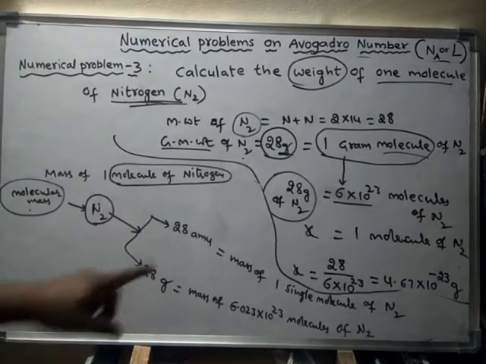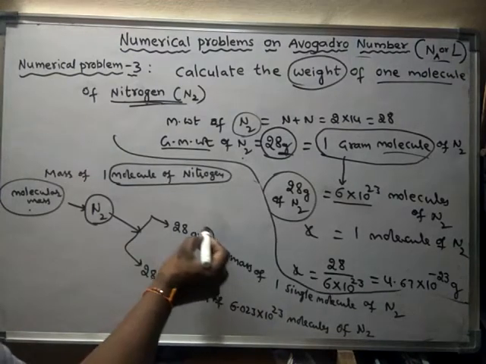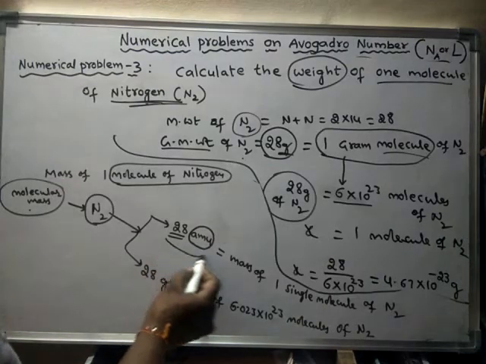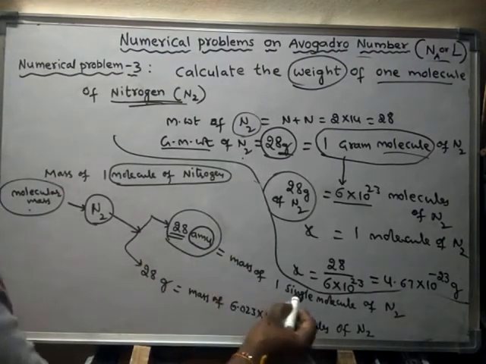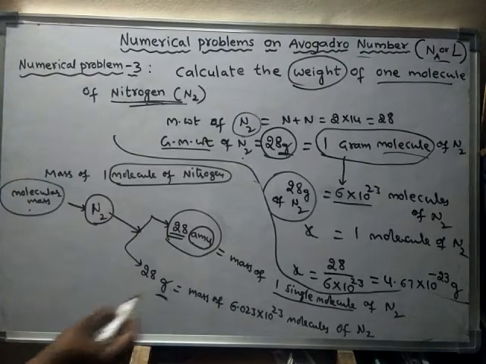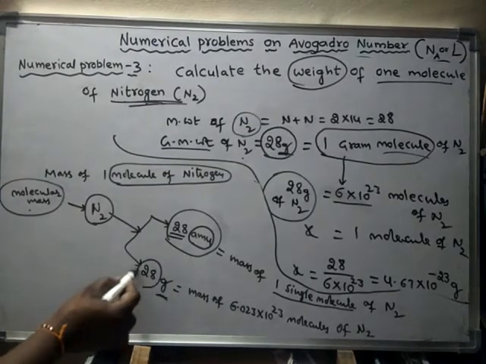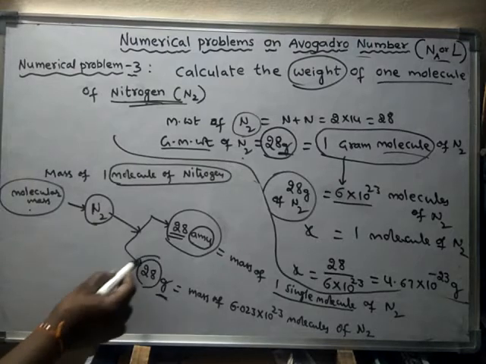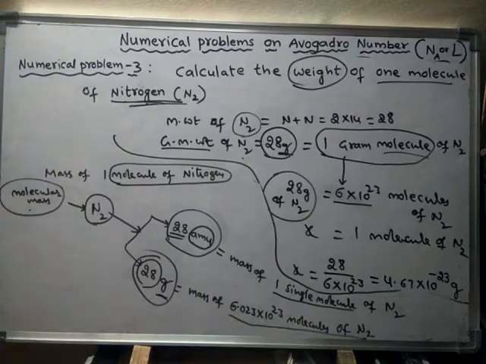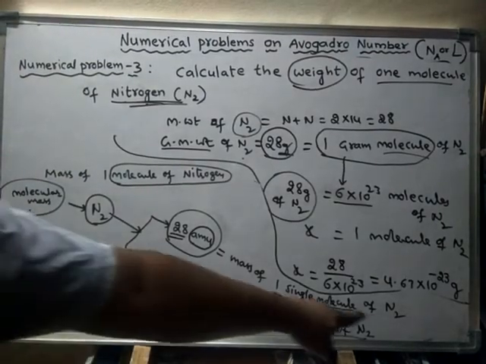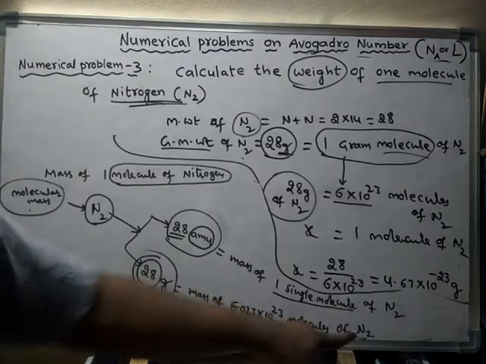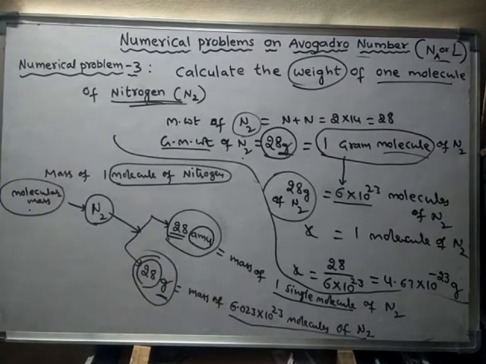That means if I write AMU beside a molecular mass, then this total mass indicates the mass of a single molecule. If I write grams as the unit with the molecular mass, now this mass will be equal to the mass of these many molecules of nitrogen. For a single molecule of nitrogen, its mass is 28 AMU. For these many molecules of nitrogen, its mass will be 28 grams.